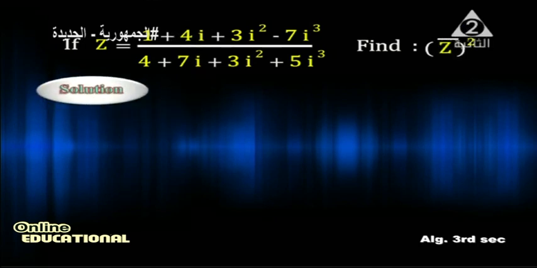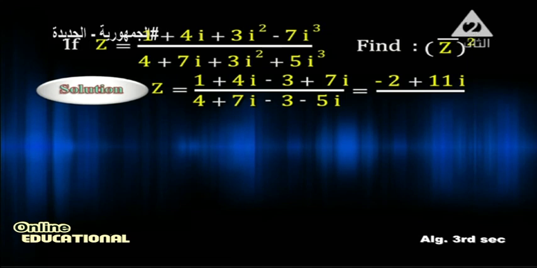We know that 3i squared in the numerator equals negative 3. Negative 7i power 3 equals positive 7i. Why? Because i power 3 is negative i, and negative i times negative 7 is positive 7i. Also 3i squared is negative 3, and 5i power 3 is negative 5i. By using simplify,